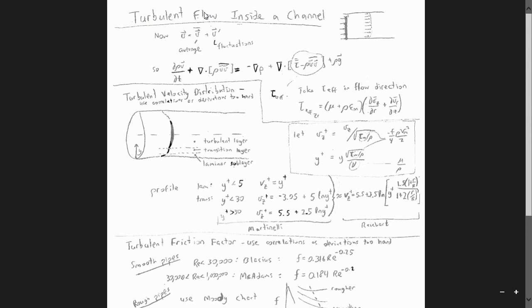So I'm going to be working off of a PDF, which I have tried to distill down to everything we need to know in order to get a reasonable estimate of the velocity distribution and the friction factor for turbulent flow in channels. In this case, we're considering a circular tube at steady state, fully developed, and